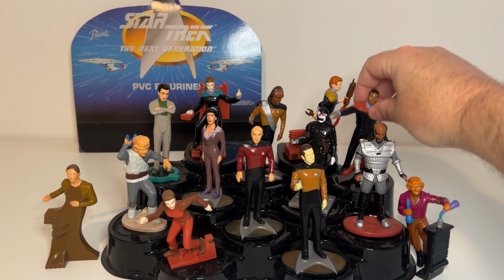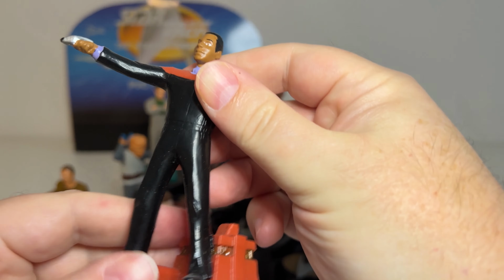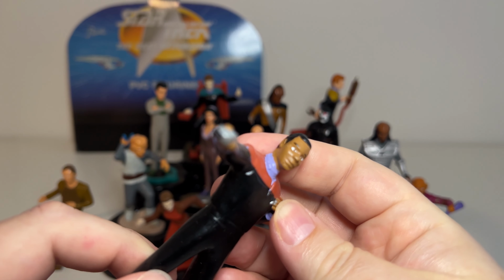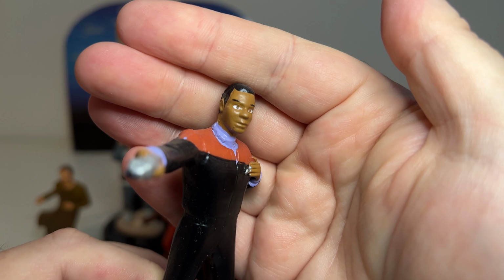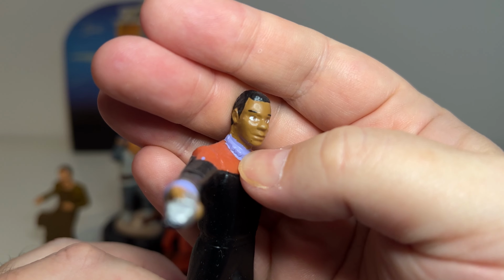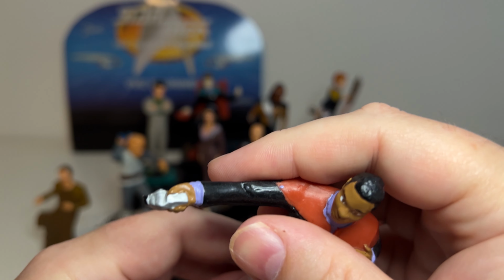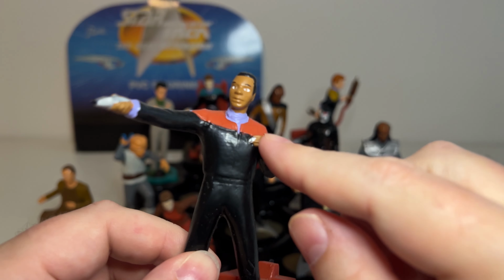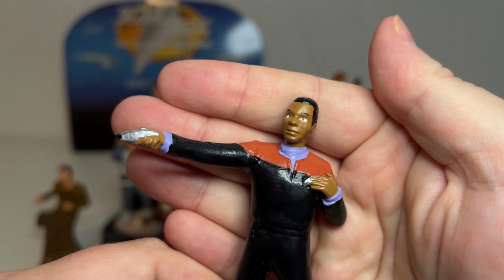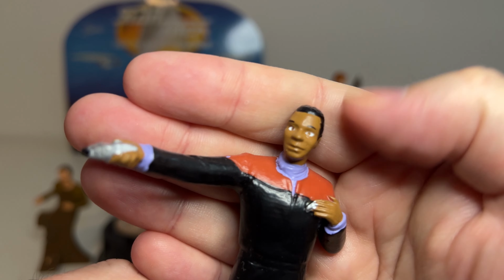Let's see here with Commander Sisko. And this is Commander Sisko. You can't really see his pips. I mean, I guess you kind of can. They didn't color them in. There's 3 of them there, so it is Commander. He's got his hand phaser, Type 2 hand phaser right there. He's calling for help on his communicator badge. And as you can kind of see, it's really hard to tell,